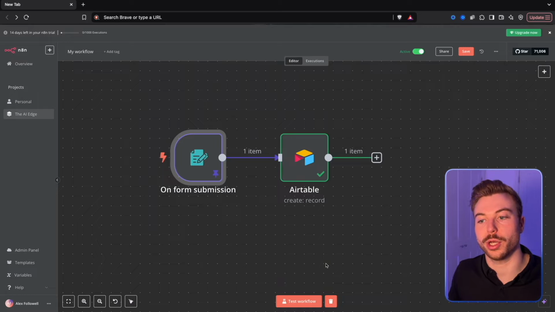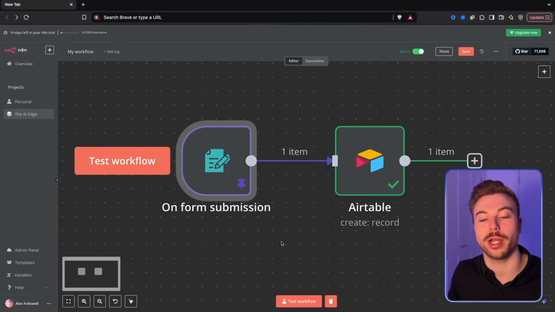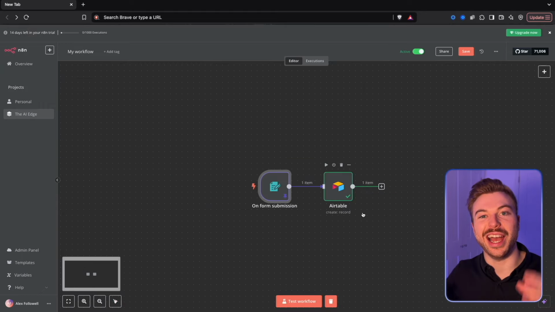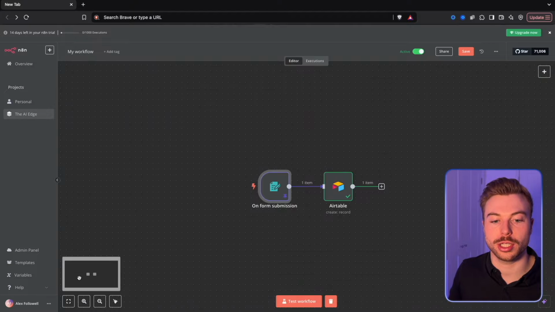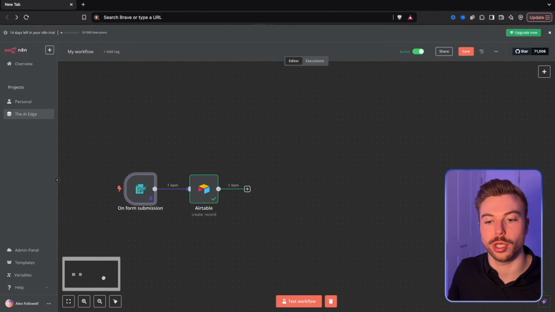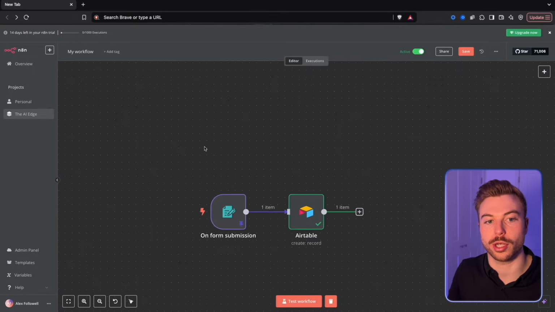So let's go through and add some more steps in. And now, if you're not able to see all of your nodes in one place, what you can do is come down to the bottom left hand corner, you can do tidy up, and it'll put it more into a manageable size. And as you can see in the bottom left hand corner here, this is just the view board, so you can move it around through there,